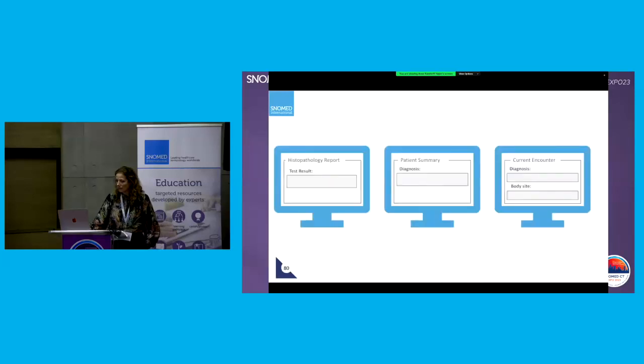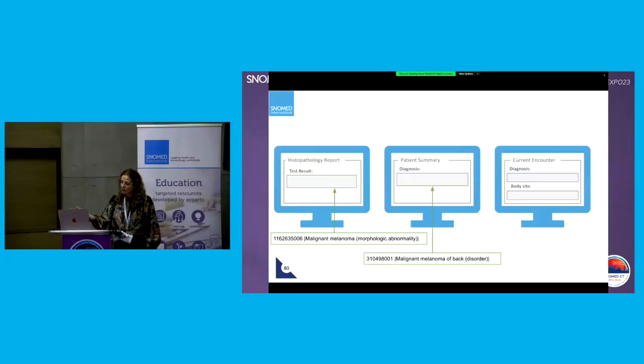So imagine here that you have a histopathology report, and it's the test result that you're recording. Well, then you want to apply the morphologic abnormality, because it says something about the morphologic abnormal structure that has been found in this test without even setting the diagnosis. But in the diagnosis field of this EHR, when they have assessed the results of that test, they may want to specify that the patient has a malignant melanoma of back. And this is where, in one single diagnosis field, you would really want to be as specific as possible, because that would help with the